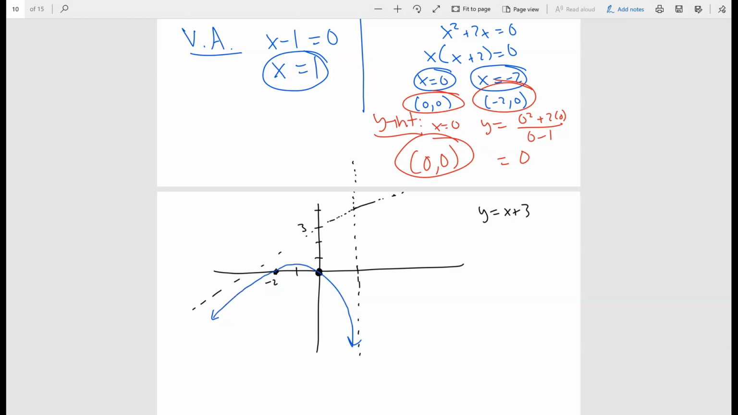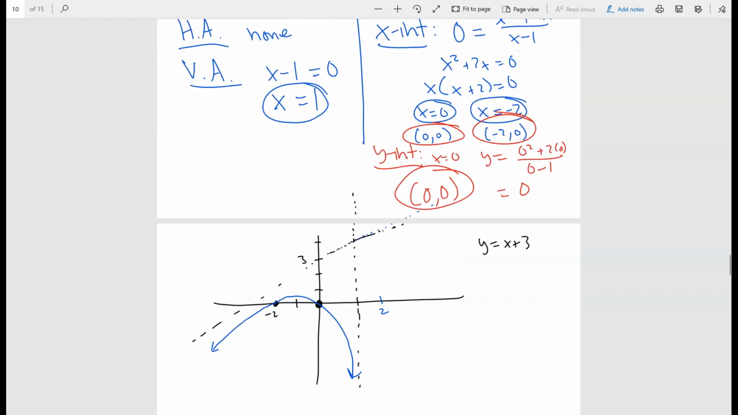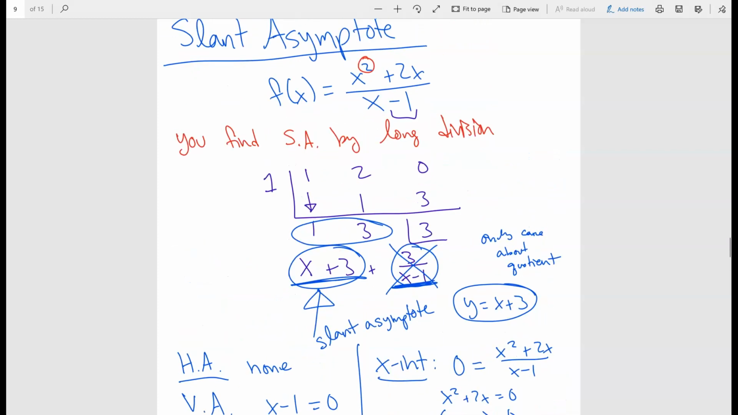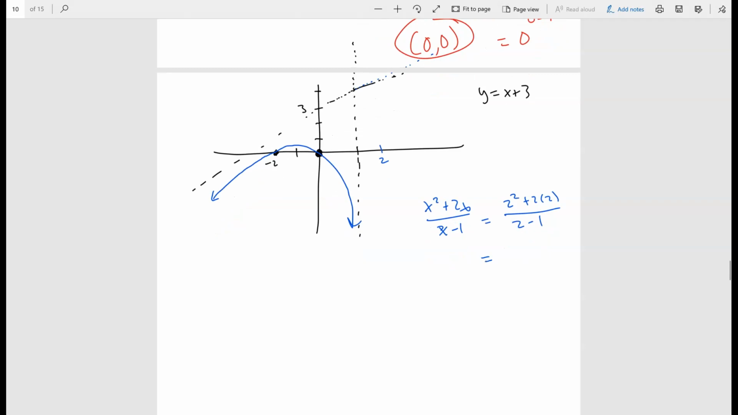Okay, so then the next thing that you want to be able to do is plot a point. So you can plug in 2 to see where exactly this is going to be. When I plug in 2, where was my function? Oh, it's right here. X squared plus 2x divided by x minus 1. We're going to plug in 2: 2 squared plus 2 times 2 divided by 2 minus 1. So here you're going to get a 4 plus another 4 divided by a 1,